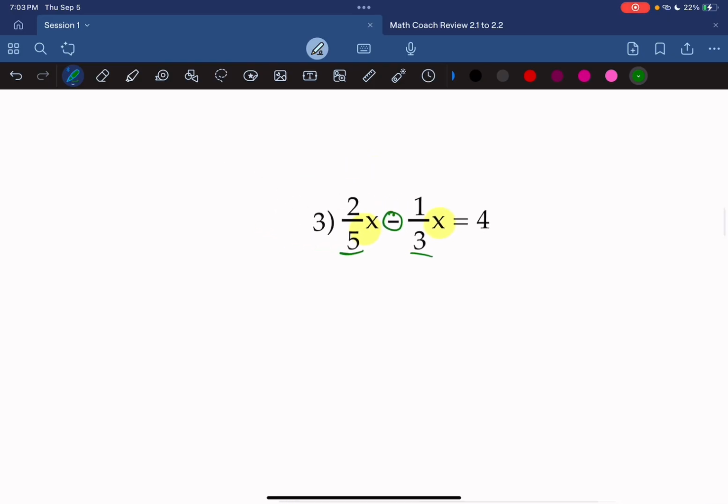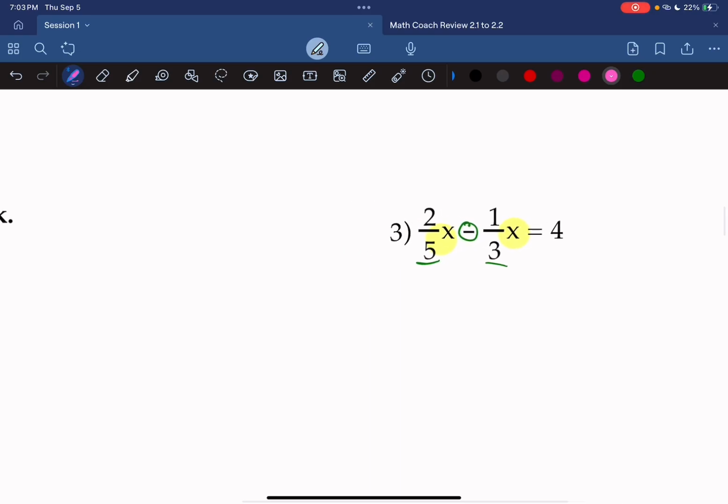How do we do that? Same way we did it before. Let's do it off to the side. 2 over 5 times what will make the denominator 15? Times 3. 2 times 3 is 6. 5 times 3 is 15. So this will become 6 over 15x, don't forget the x, minus, and now how do we make 1 over